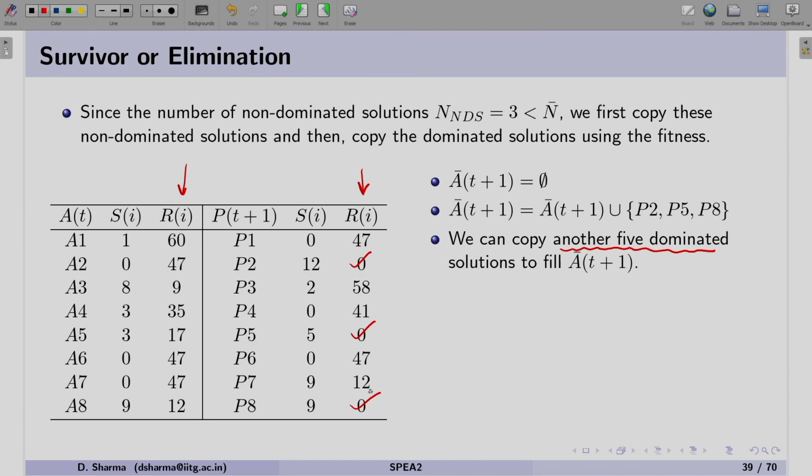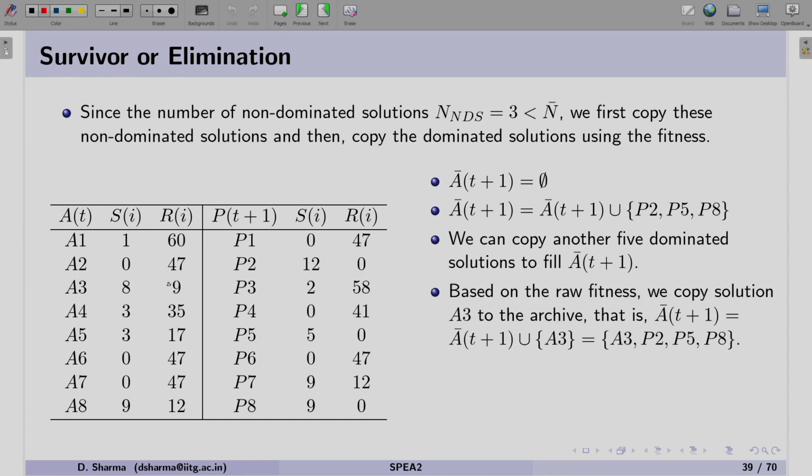Now we will see which solution has the least fitness. From the given table, we can see that solution 3 has the least raw fitness. Therefore, A3 is going to be copied into the archive. So, the updated archive will include A3, as we can see on the right-hand side.